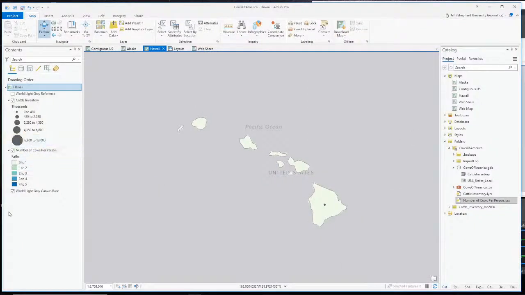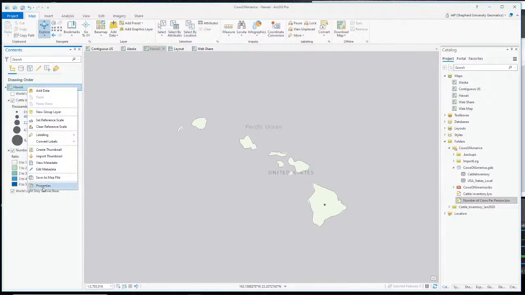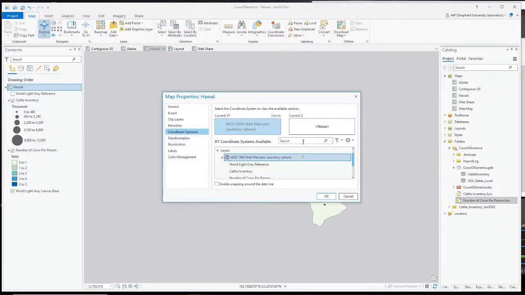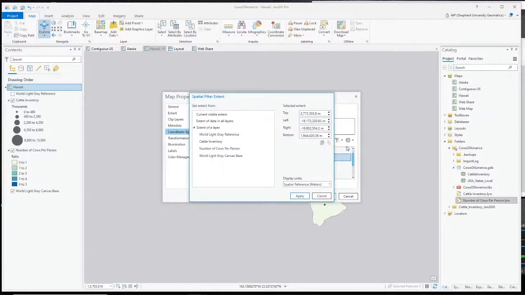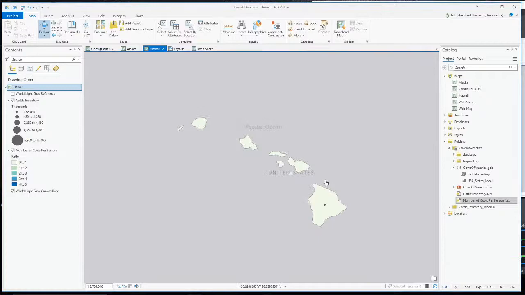We might have already done this before, but let's do it again. I'm in my Hawaii map here. Right click on Hawaii, go to properties, and then click the spatial filter button and do a set spatial filter. Let me back out here. What I like to do is zoom in on the area that I want to make a map of. So here it's Hawaii,